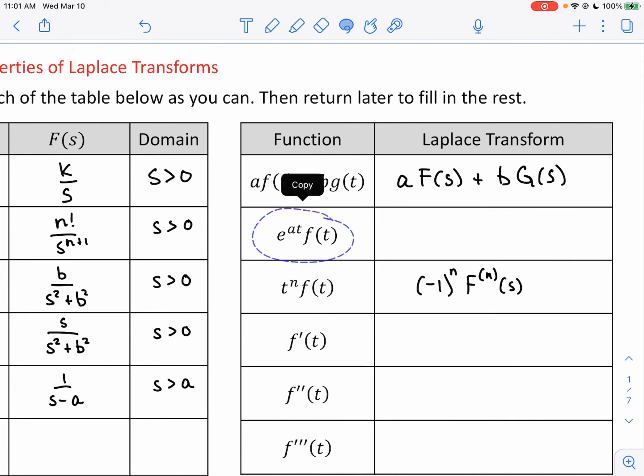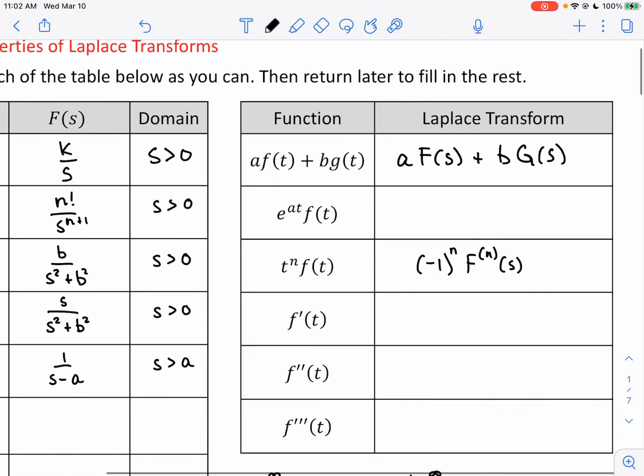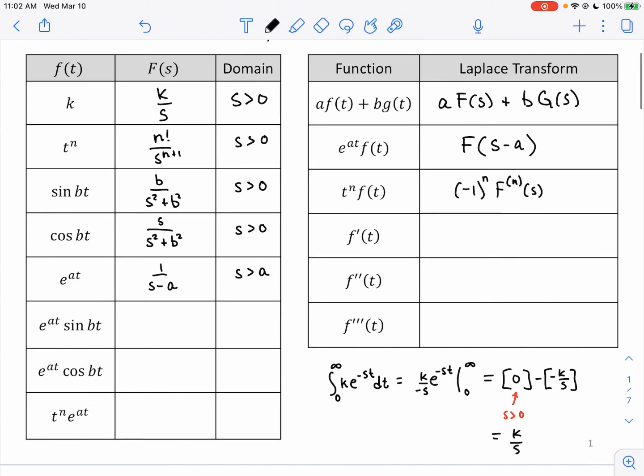And we also just now finished this one here. If we do e to the at times a function f of t, then we simply need to do the capital F Laplace transform, but evaluated at s minus a. Now this one here can be used to actually help us fill in these next three,